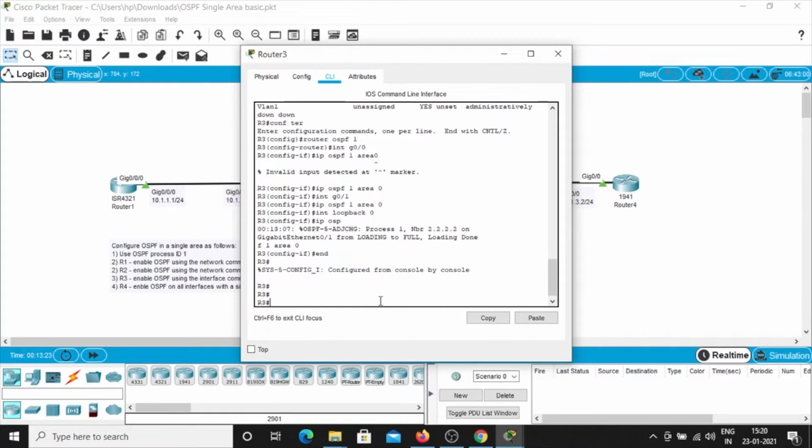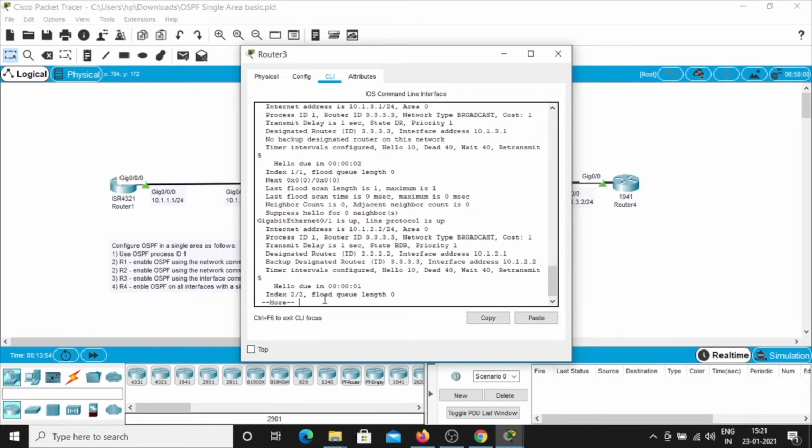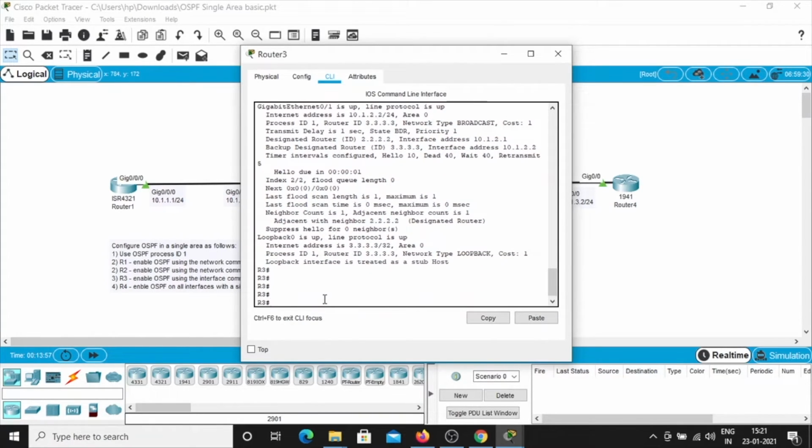And now we are going to check show IP OSPF interface. See, it has given internet address 10.1.3.1 with a /24 subnet mask. Router ID is 3.3.3.3 and the network type is broadcast. We are going to check show IP protocols.